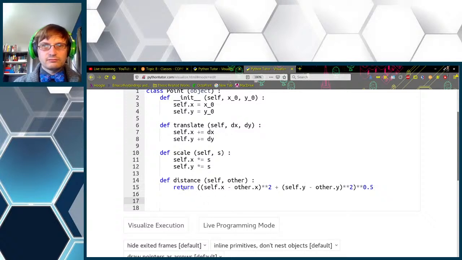So this illustrates a couple of things that we haven't quite touched on yet. Number one, the use of other to mean another object of the same class. This is, again, conventional, but not strictly enforced. You could call it anything you like. But conventionally speaking, when you are making a method which is an operation over 2 things of the same class, i.e. the class which you are defining the method in, it is conventional to do self and other, as we're going to see when we do equality comparison, for instance.